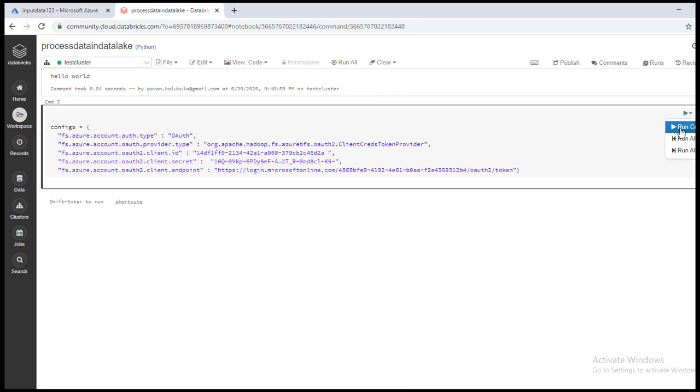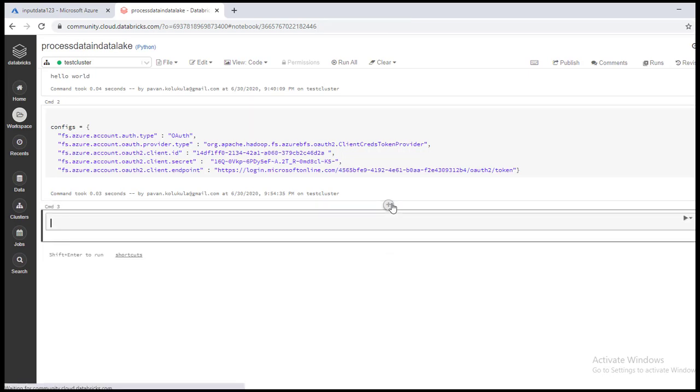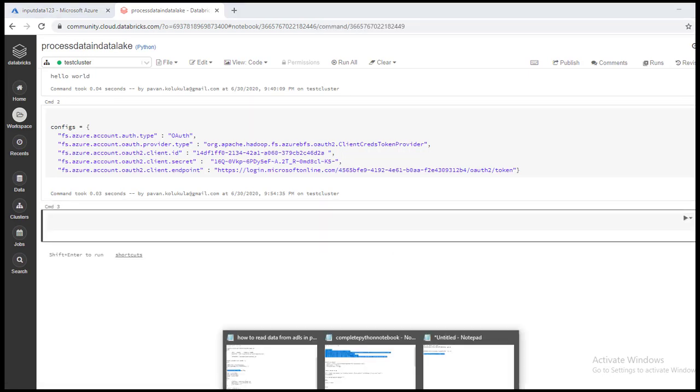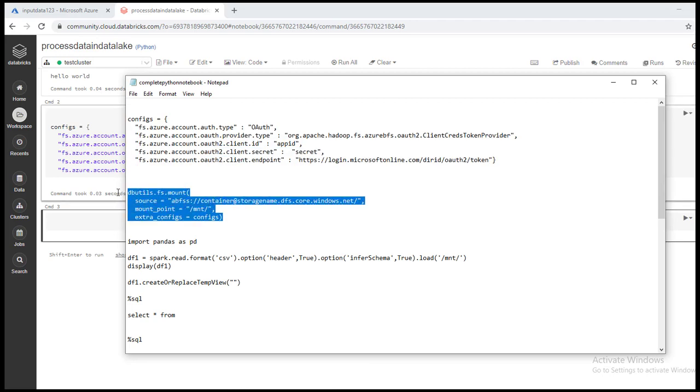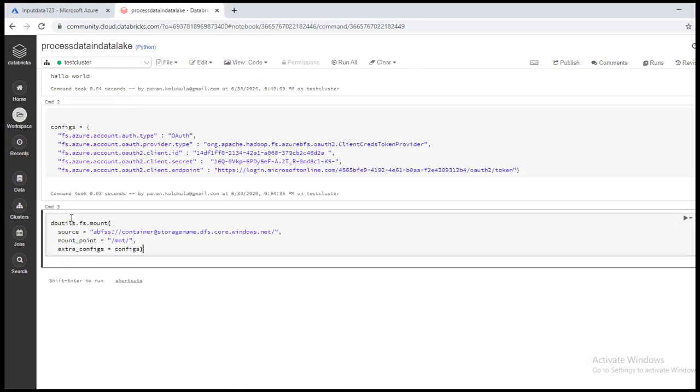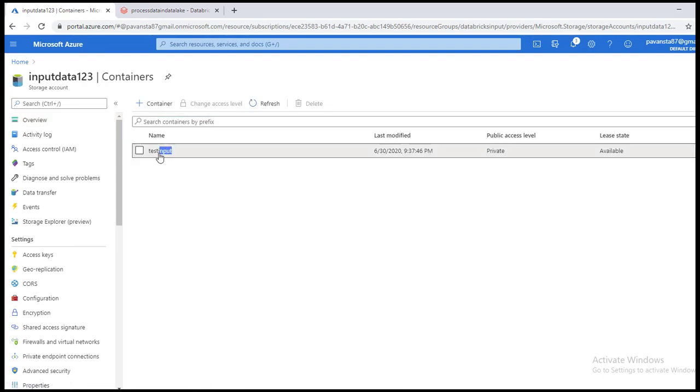We'll run this. This is run. In the second cell, we'll try to mount. This is the Azure Blob file system, and the container name is test input. This is the container name.